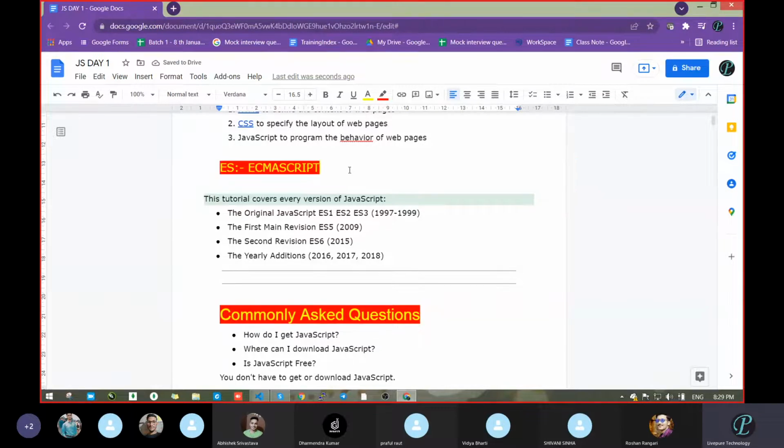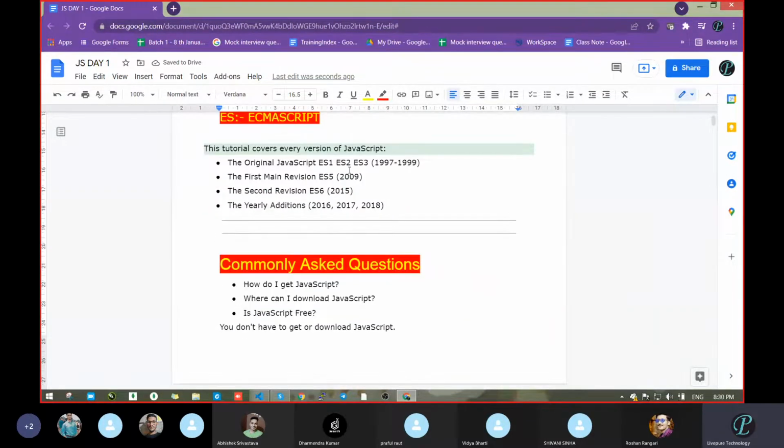3, 4, and 5, in that different update. But in case of JavaScript, we can tell like ES1, 2, 3, 4, and now ES6 is going in the market. Okay, so what is the difference between all this? Suppose you are using ES1, it means there is some difference, some functionality is not there, some demerits are there. Once an update came, surely they will try to resolve that demerit, whatever functionality, and add some advanced features. That is going on, and that's why we are getting updates in all languages.